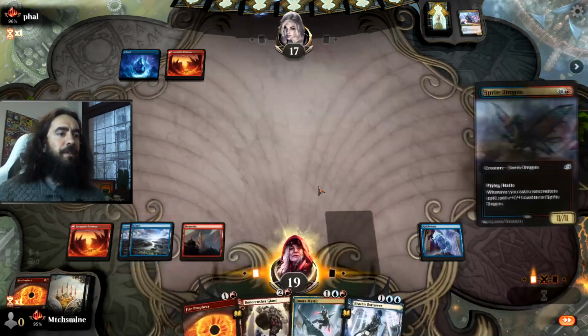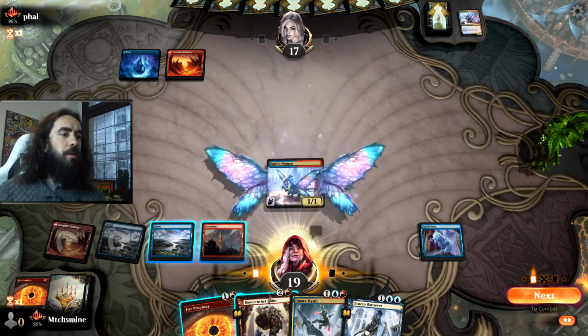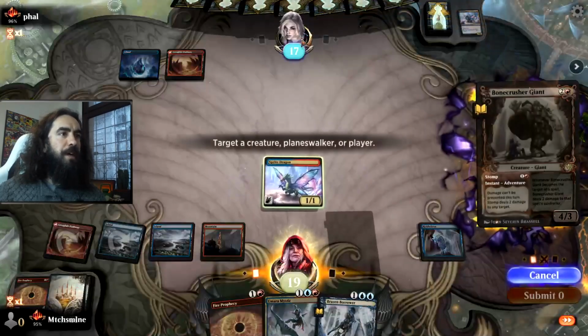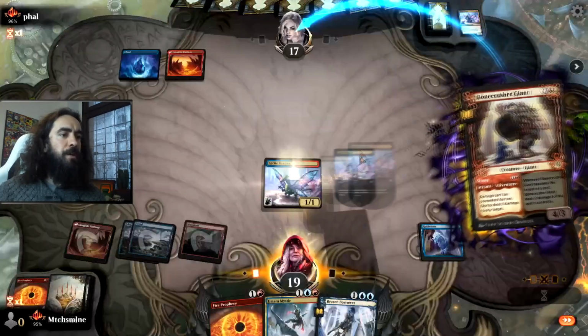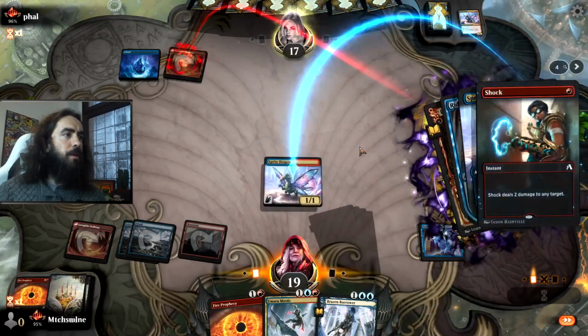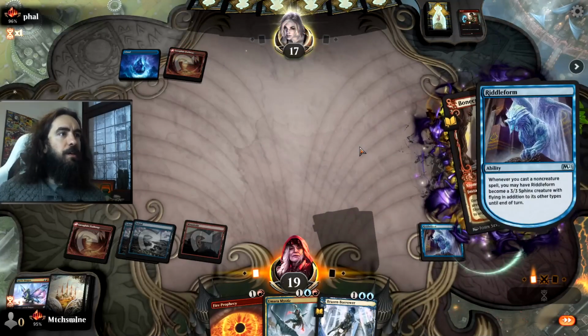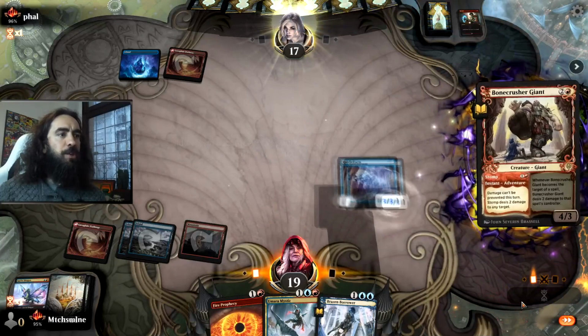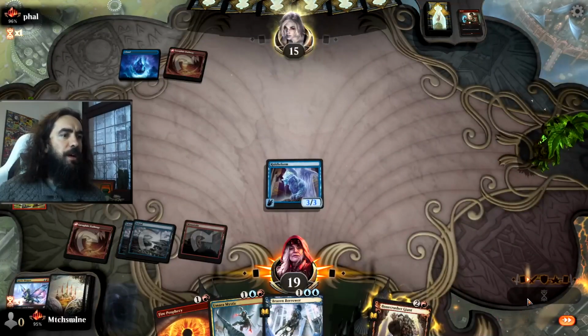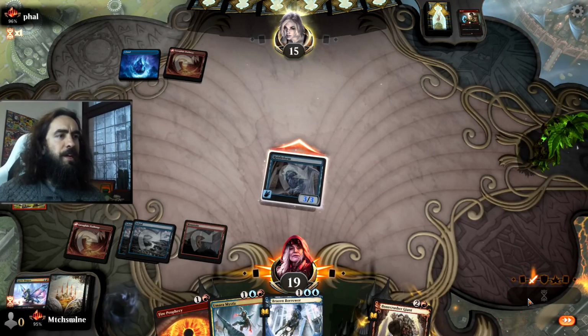Okay, he has nothing for us. So we get our Sprite Dragon out. Shock him to his face to make our riddle form bigger, because there's nothing else that we can do. He shocks it. Okay. Well, at least we shocked his face. So, we take action here. We still have removal in hand. And if we can even draw another land here...